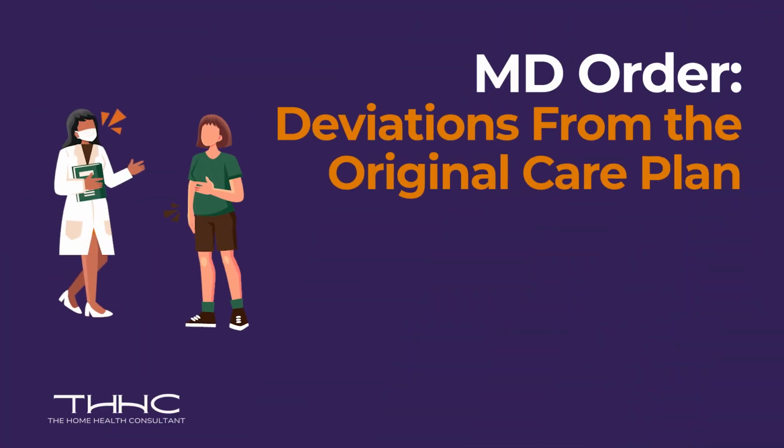Other things you can do MD orders for include if the patient refuses care and now you can't get in there for a DC visit, things like that. Just anything that's different than what was planned initially in that care planning process at the beginning of the episode needs an MD order. Because what is really happening here is that care plan is the doctor's order